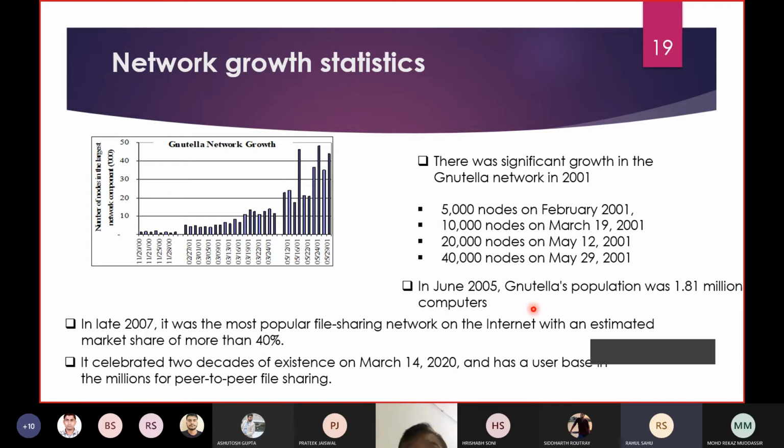In June 2005, the Gnutella population was 1.8 million computers, and in late 2007 it was the most popular file sharing network on the internet, with an estimated market share of more than 40%, and it recently celebrated its 20-year existence on March 14, 2020. So we can say it's a very big and very popular network, and still growing. Millions of computers make it up.